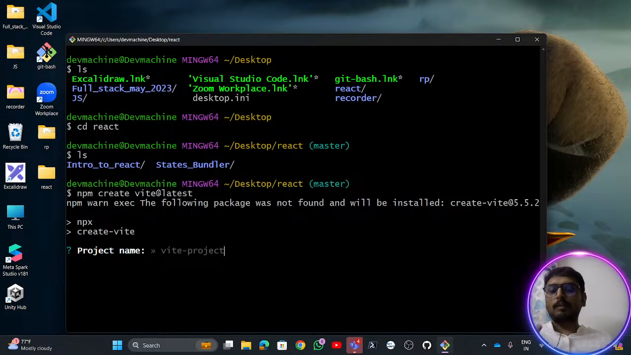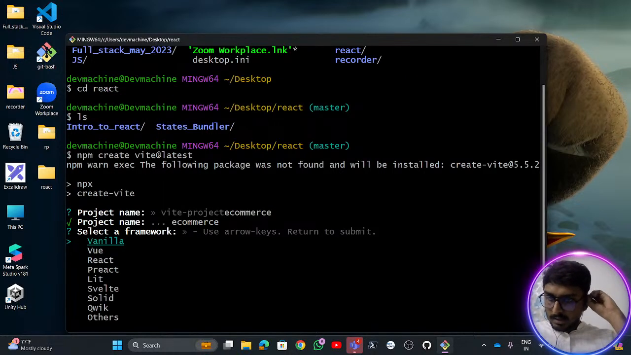But at this point of time, let's name the project e-commerce. Now after that it asks us to select the framework. So our framework would be